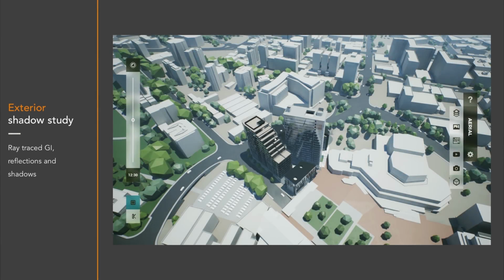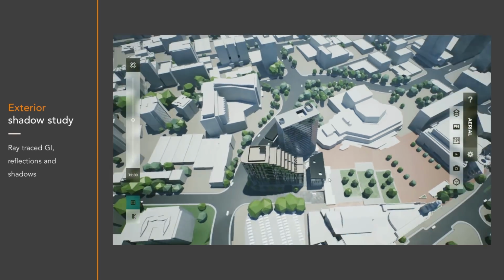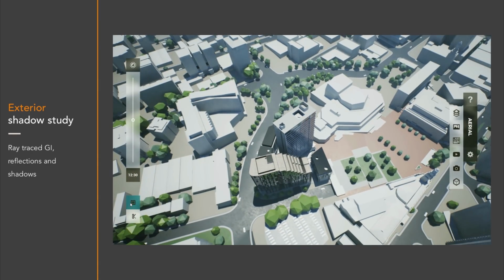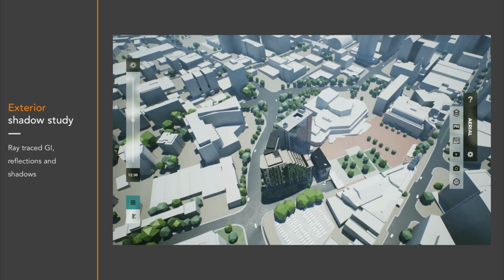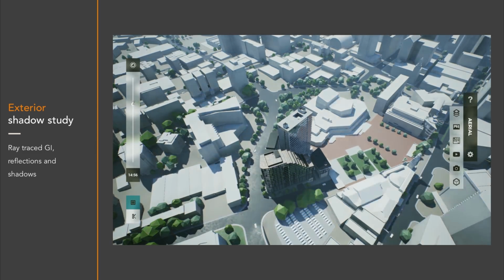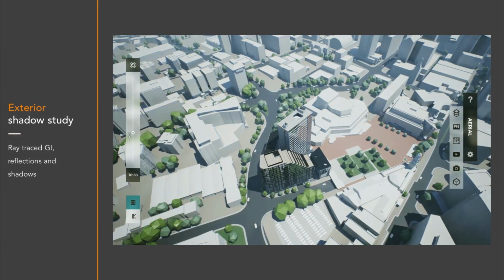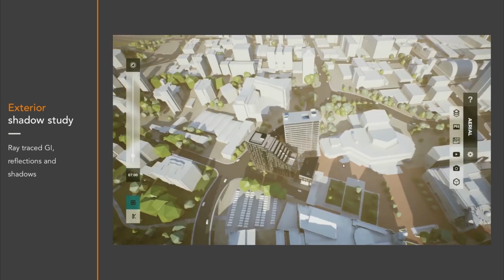So this is the project using Unreal Engine's new hybrid ray tracing running on NVIDIA Quadro RTX cards. This is the model, so you can see it's fully interactive. We have the ability to switch on and off GI, so we can toggle that just here on the left. And we can see that the bounce light is really brightening up some of these darker spots in the model. What we have done is used Unreal Engine's sun position calculator that accurately sets the location, date and time, and incorporated a slider here so we can really see how shadows are starting to play with that building